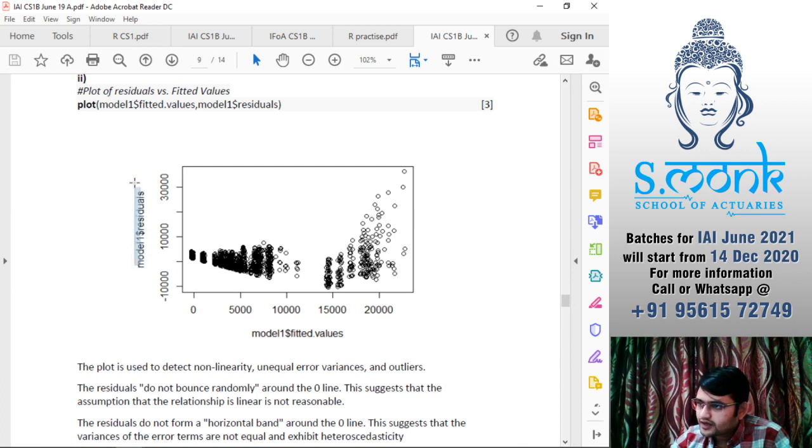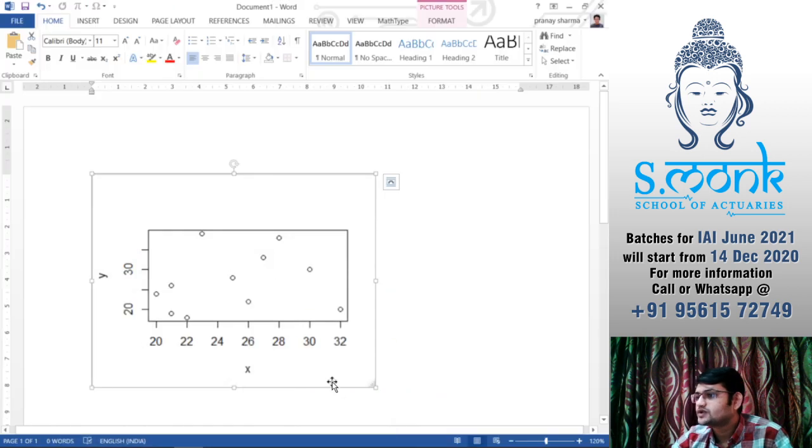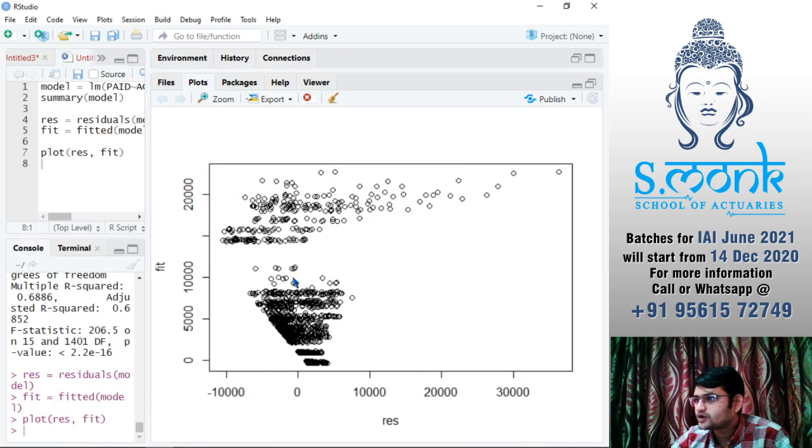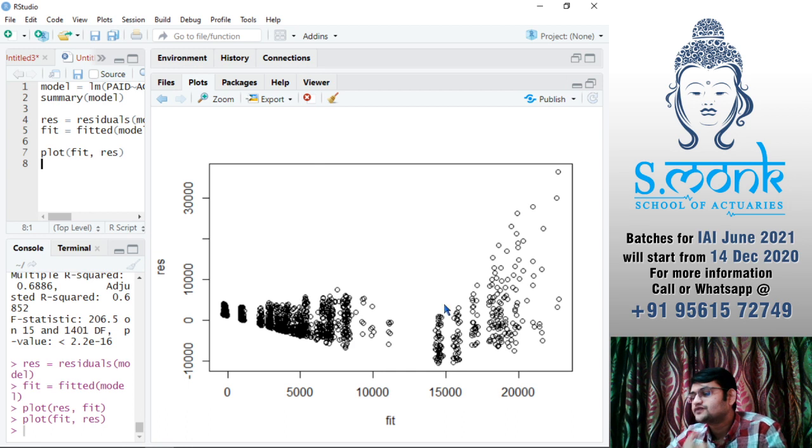So they have made residual versus fitted like this. Actually, that should always be the case. Always take fitted as x value and residual as y value. Yep, I took the opposite, right? Always take fitted as x value and residuals as y value. That is the default way of showing it. So this is how our graph should look.